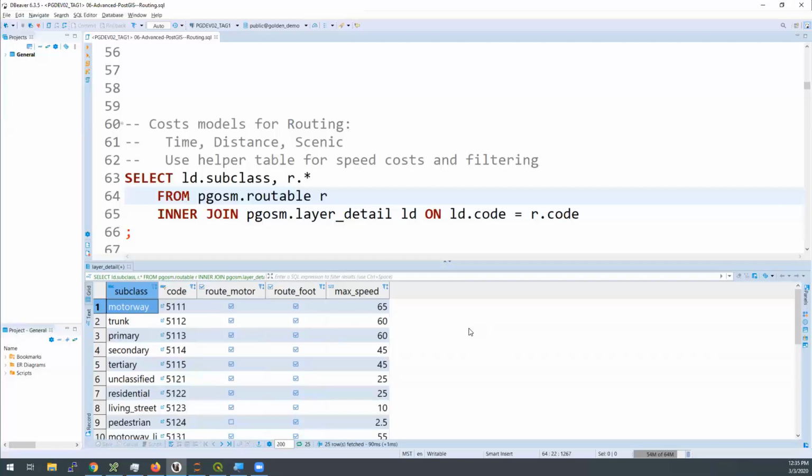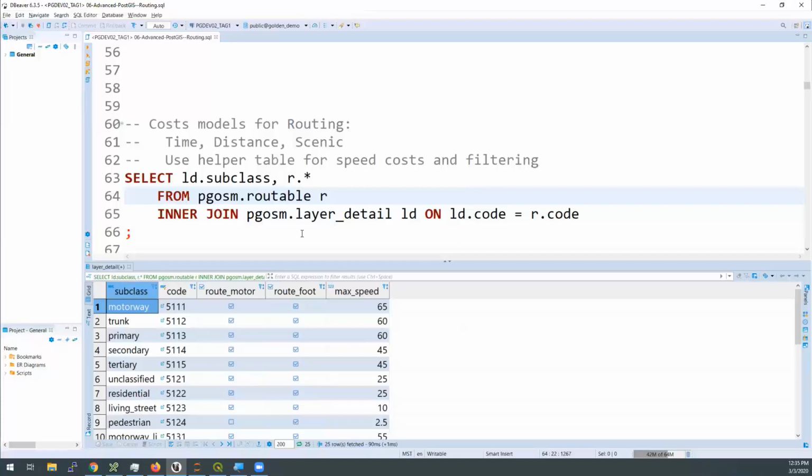You may have a preference, like I just specifically do not like this highway, so you could put a cost for certain highways extremely high to help the router go around that. There's a lot that you can do with your routing cost model. Whatever you do, it's best to set up a helper table, a lookup table that can store this meta information